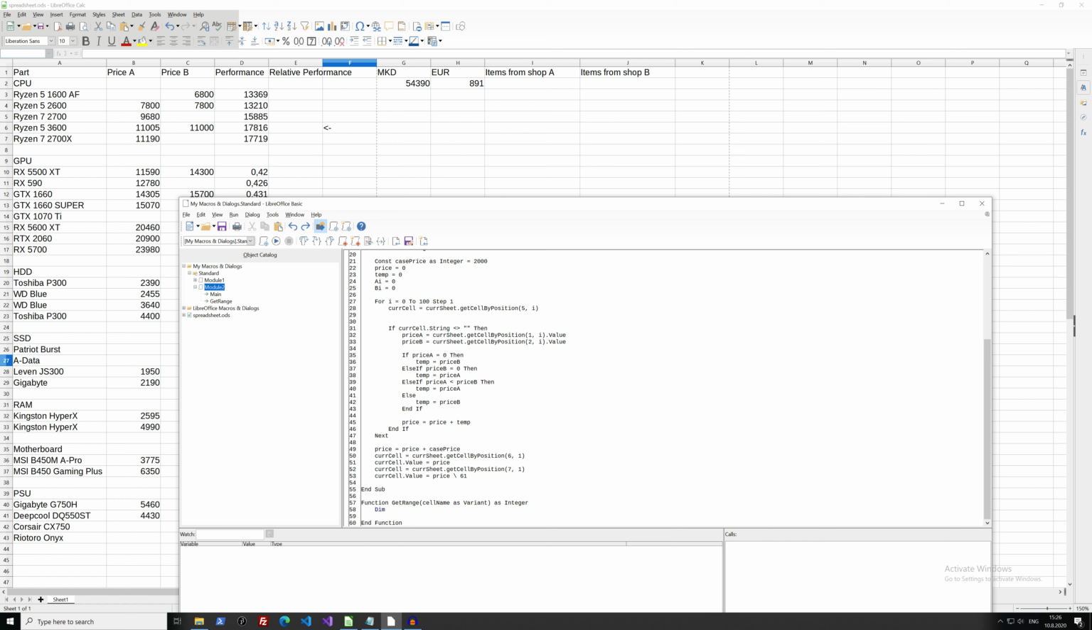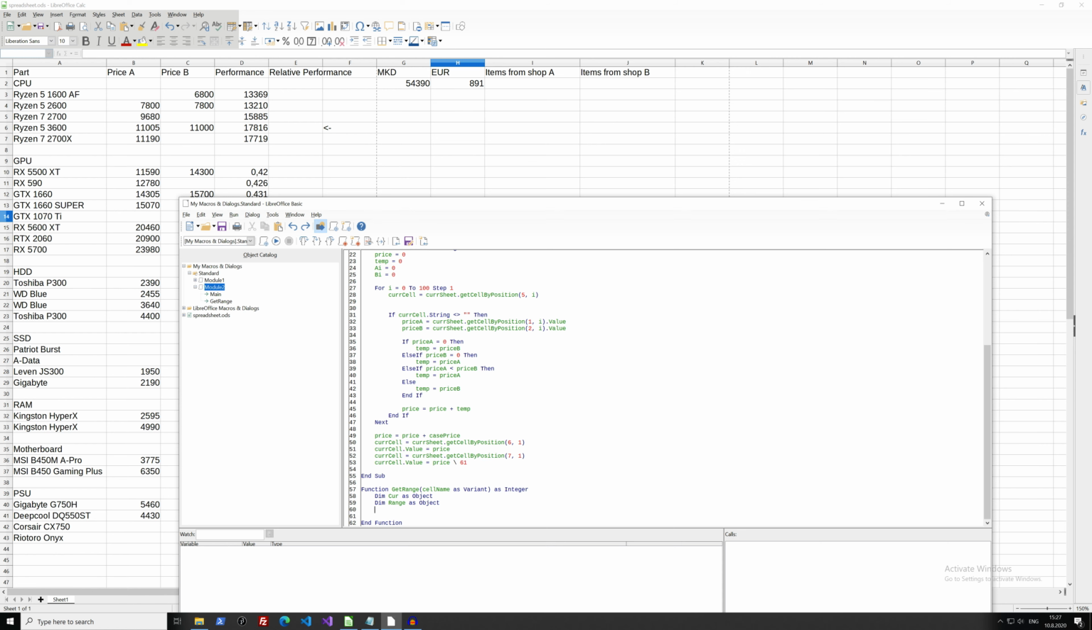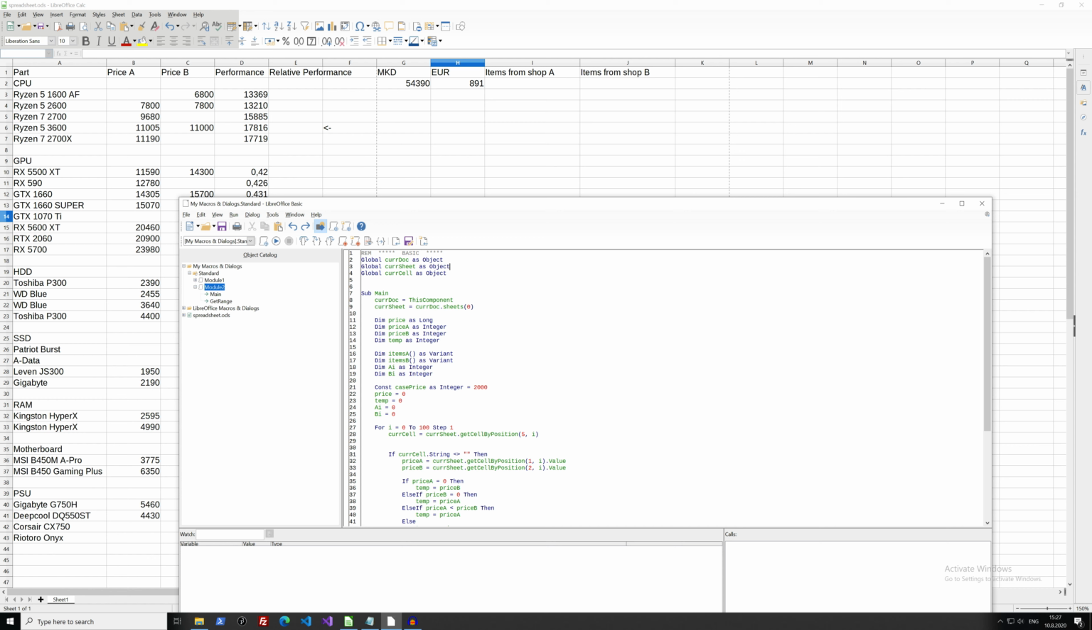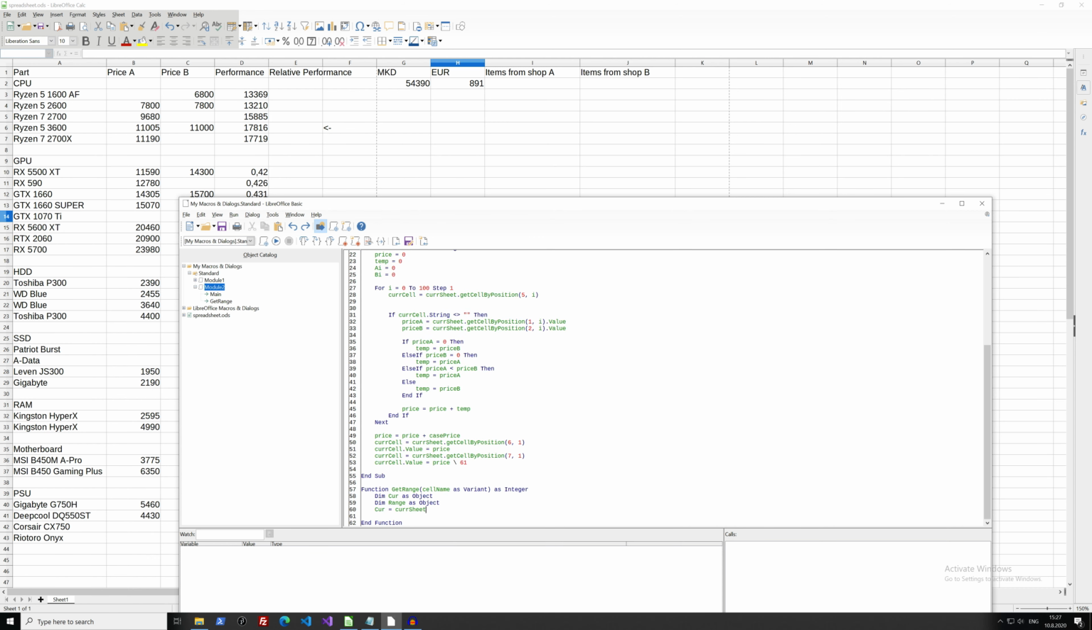So let's just declare a few variables. So this is our cursor, basically, just selecting something, as an object. I explained what objects are last video. Dim range as an object. And now we'll go like this. So our cursor equals current sheet, our global variable here, current sheet dot create cursor by range,